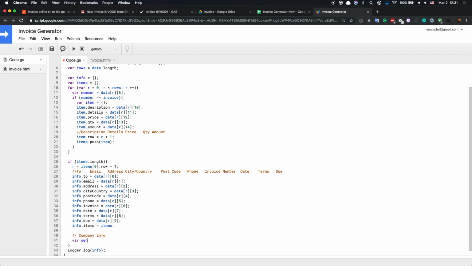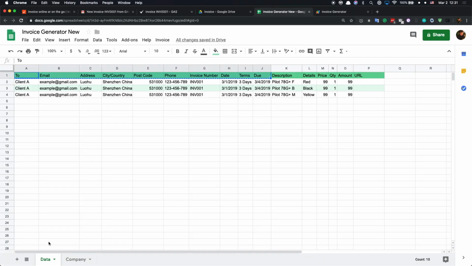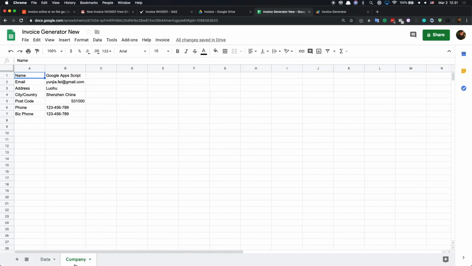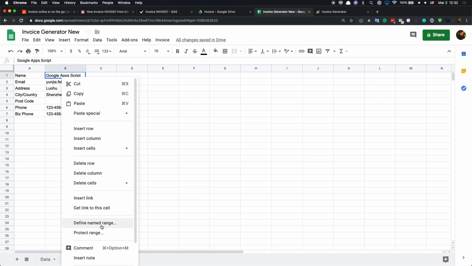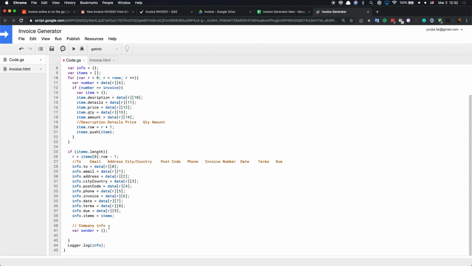For sender, I call it sender information. This sender information is in another sheet called company, and here I already named the range. As you can see here, we have an address, phone number, city, country. So when you need to use another way,